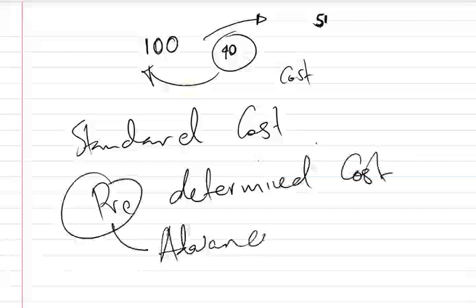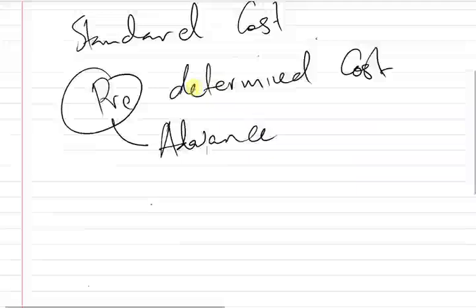So a predetermined cost is a cost determined in advance. In advance of what? In advance of the actual incurrence of cost. So before I actually incur the actual cost, I'm going to use the cost that I determined. So what happens if the actual cost